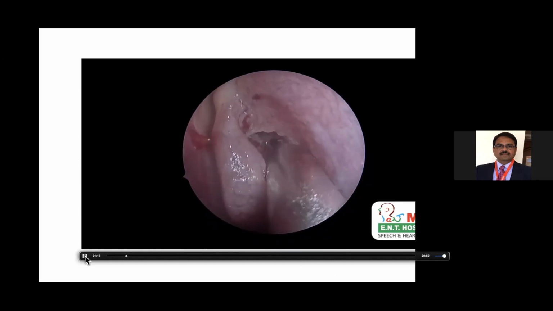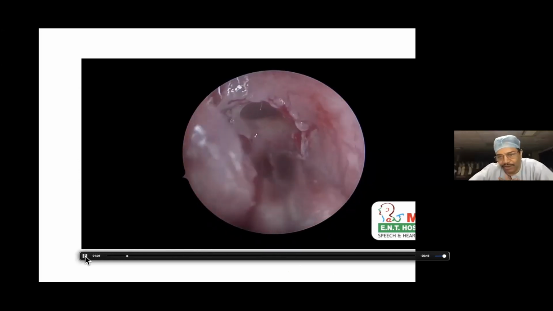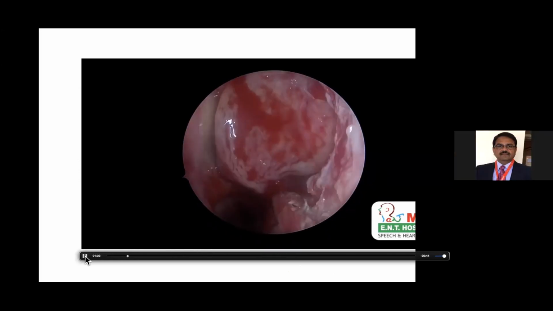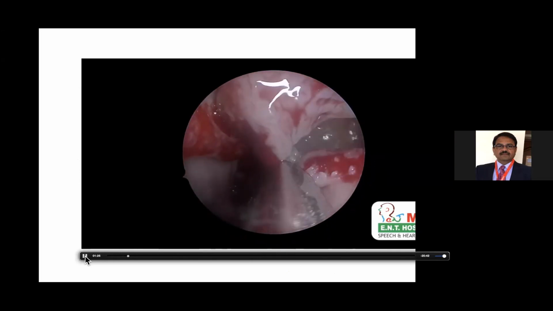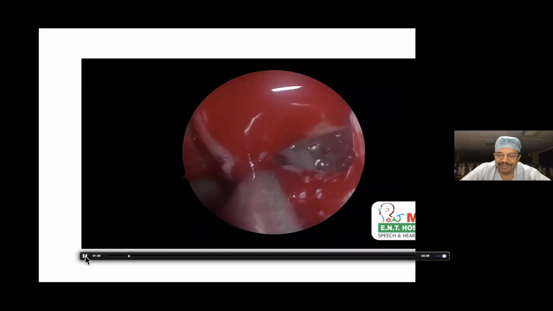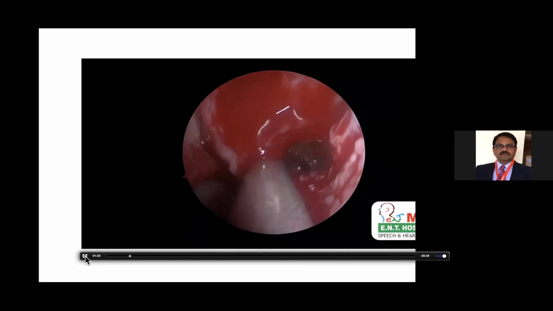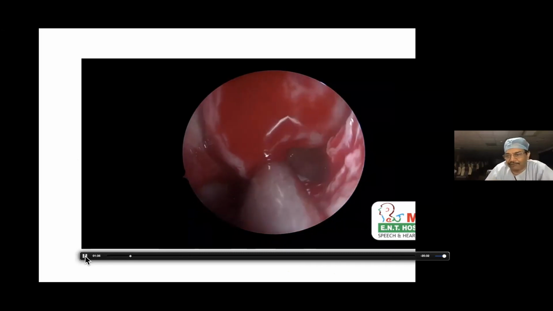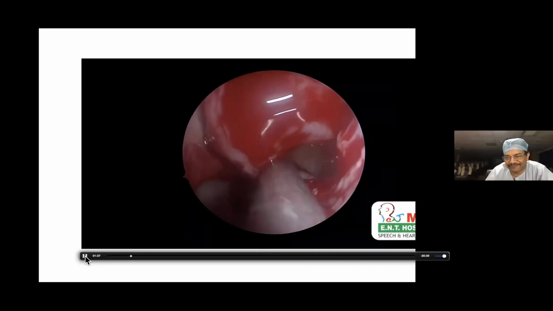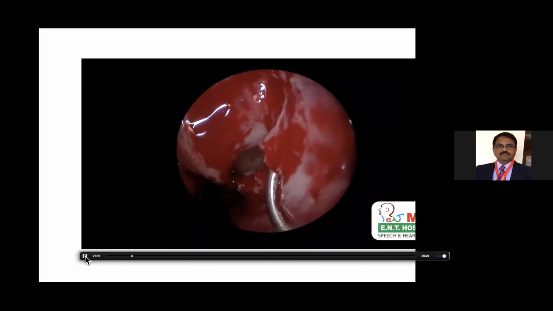The problem with using true cuts only, or more often, is that you will have a lot of pieces left behind in the nose. That's a nuisance. A lot of mucosa bits may be left behind. True cut cuts into small pieces. So I wanted to pause for a second.